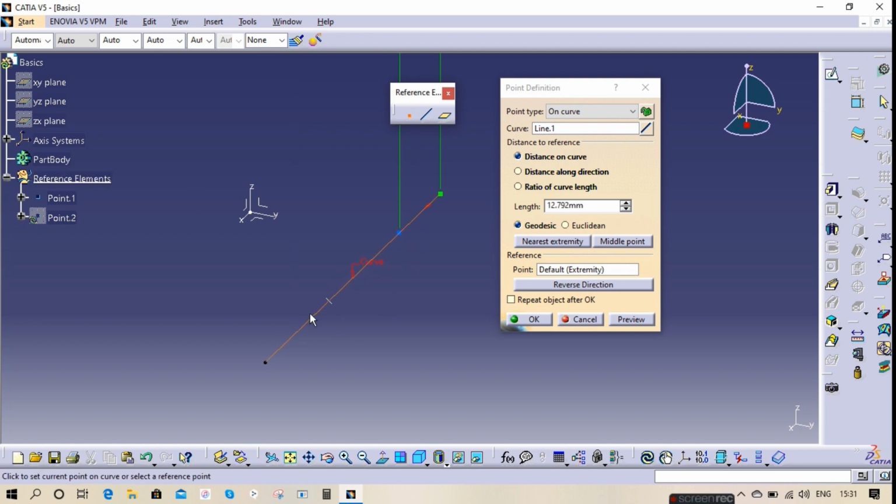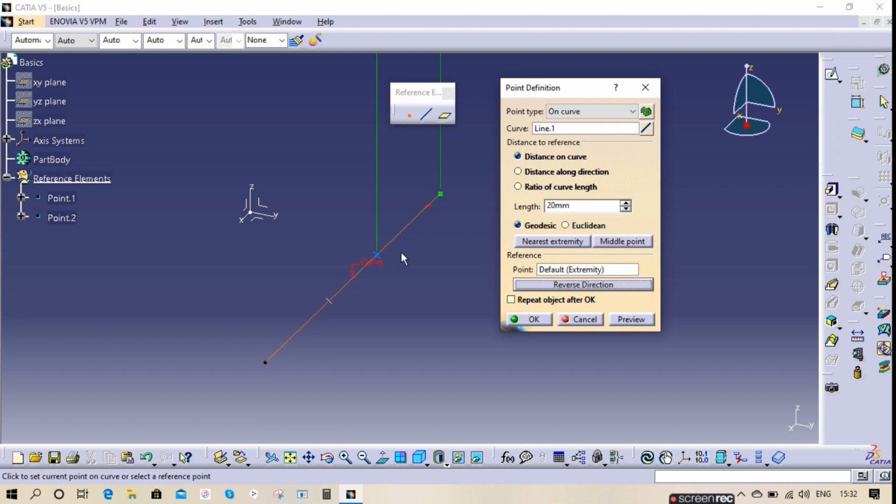Now here this is my curve and we have three options: distance on curve, distance along direction, and ratio of the curve length. If you choose distance on curve, you can give whatever distance you want. If I give 40, it will be at 40. If I give 20, it will be at 20. You can reverse this, so from this point it will take 20 in the reverse direction.